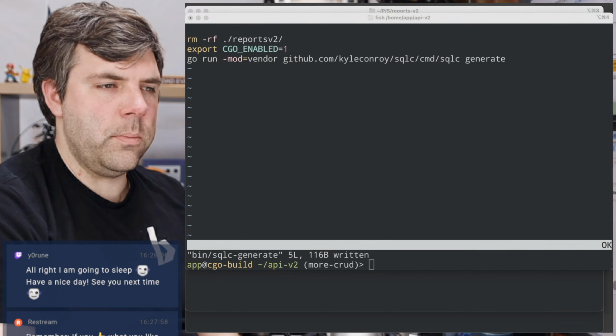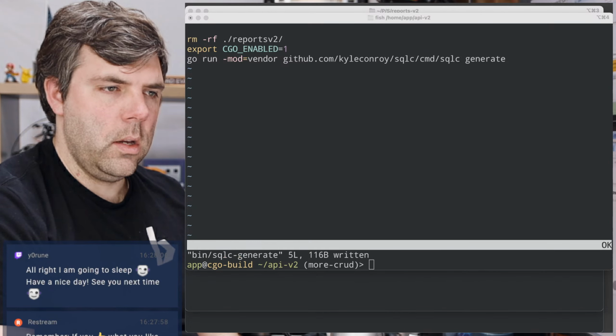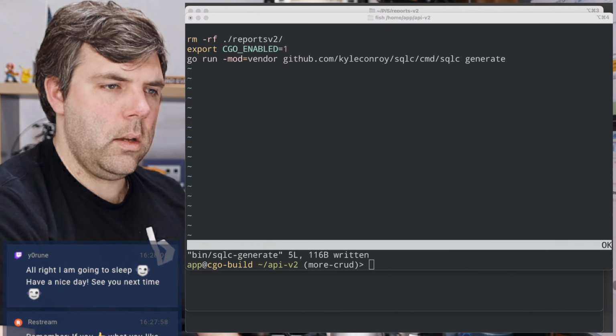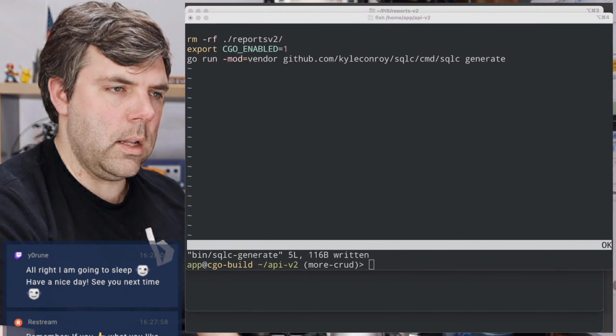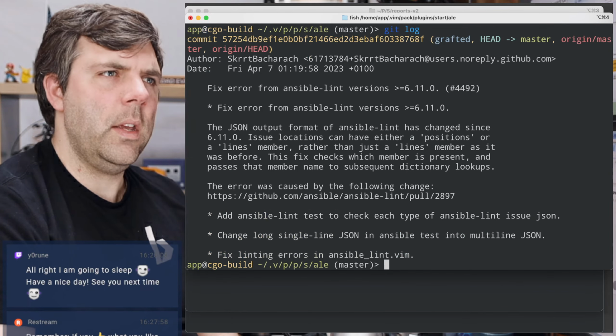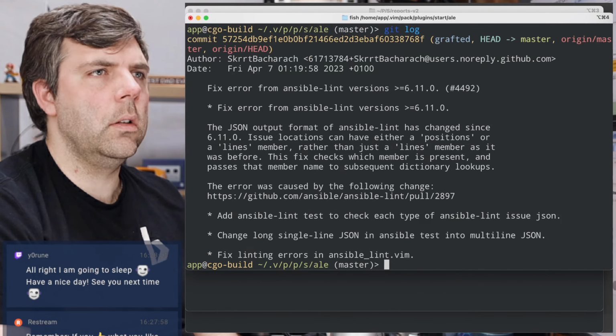Going into the vim pack plugin start directory on my local computer, going into Ale, and running a git log to see which version this was at. Then I'll do the same thing here, going into vim, pack, plugins, start, Ale, git log.